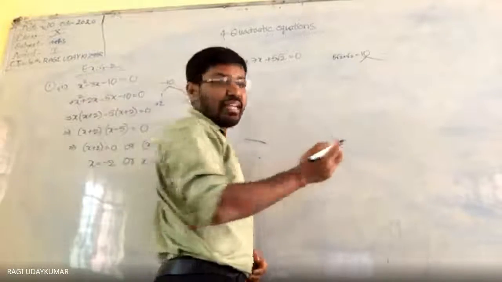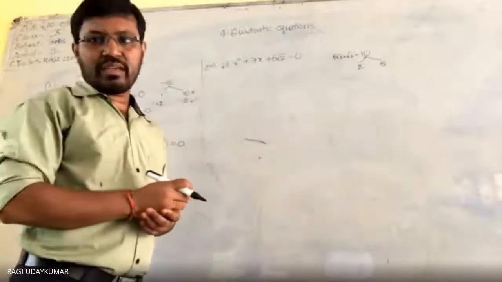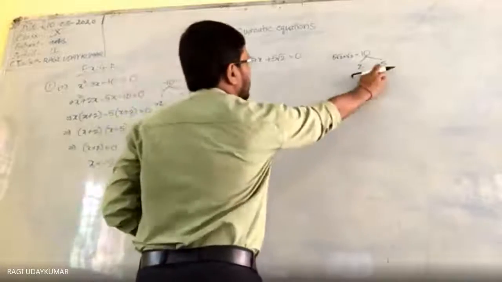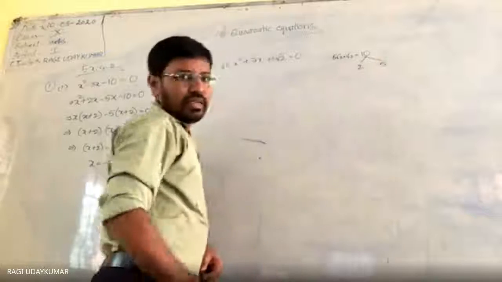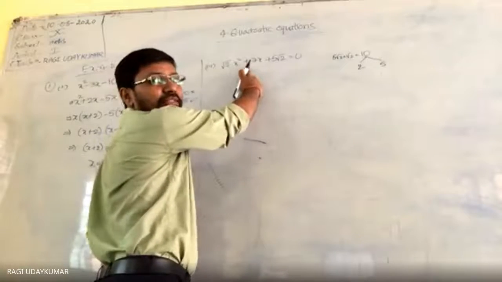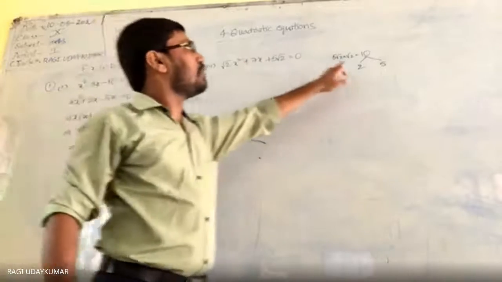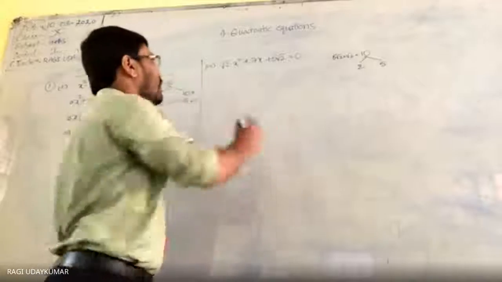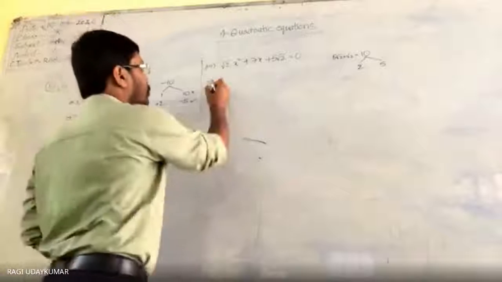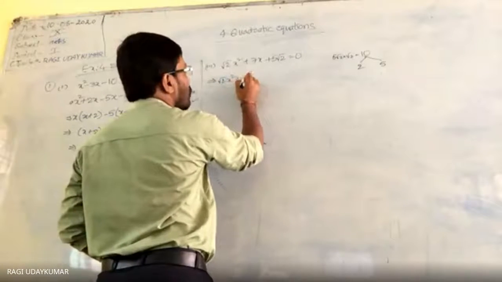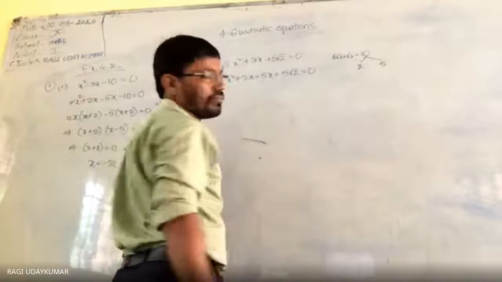So what factors can be taken? The same, 2 5s are 10, to be taken. Here the sum of 2 and 5 will be equal to this one. As you have a plus sign here, both should be plus. If the sign given here were minus, you would need to take both minus. So, don't forget, you need to write implies: root 2 x squared plus 2x plus 5x plus 5 root 2 is equal to 0.